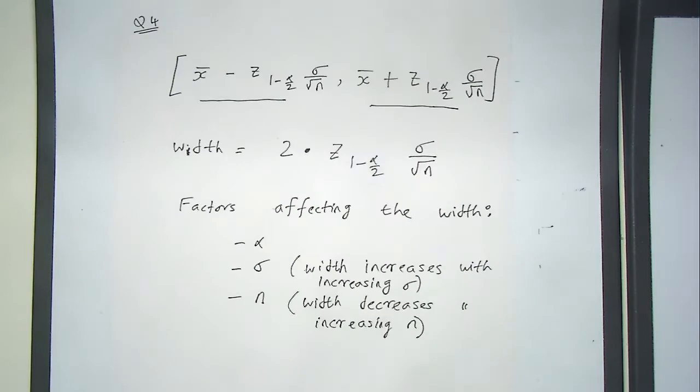Right, you can see that, listen guys, please, as sigma increases, the width of the interval will increase, right? As n increases, the width of the interval will decrease, right? Because n is in the denominator, right? Okay, and